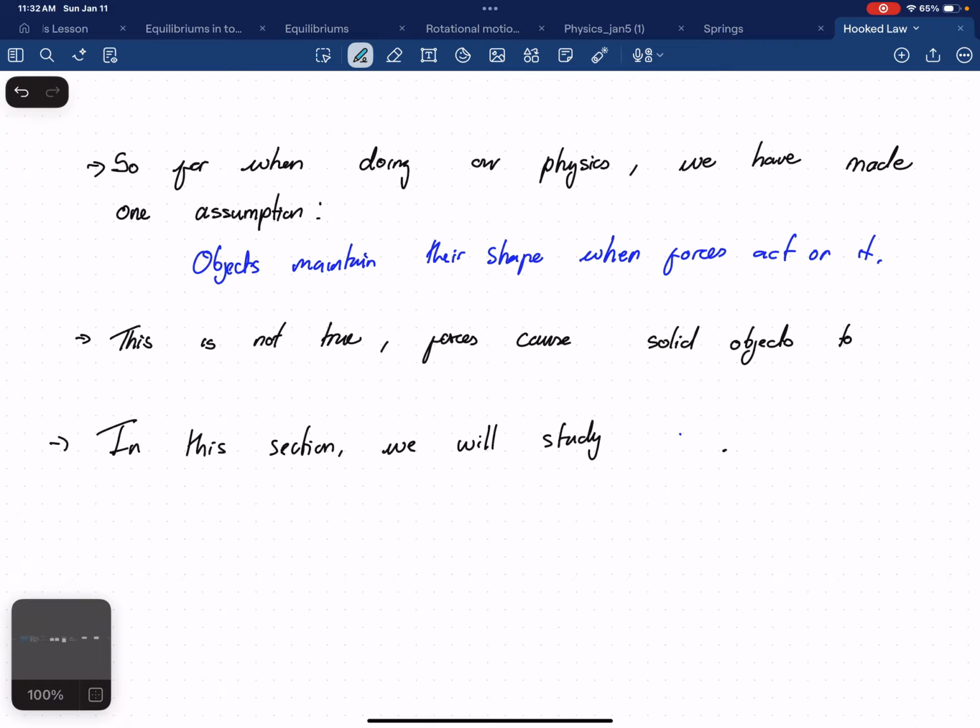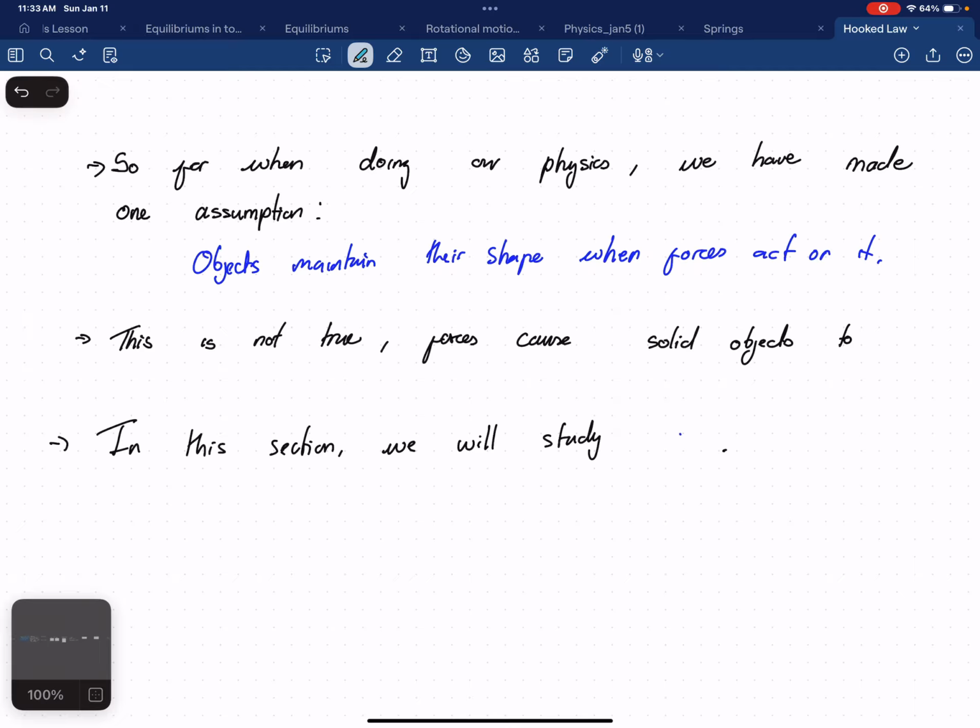But this is not quite the truth, all right? Of course, there'll be questions that tell you to analyze the forces acting on a particle, and if they don't mention anything about analyzing its shape, they just keep assuming that the object will maintain its shape. But the truth is that